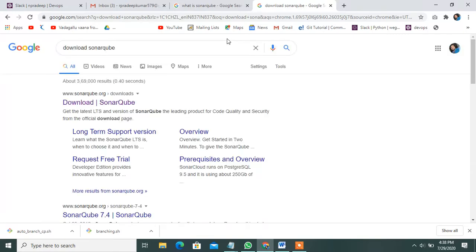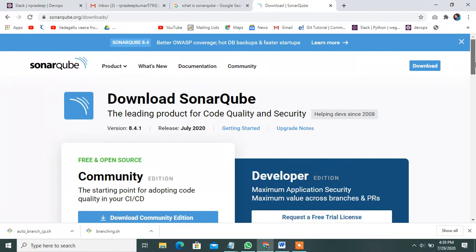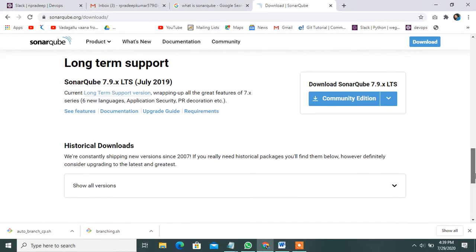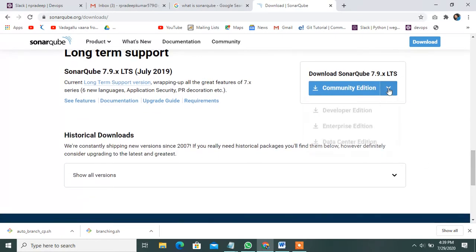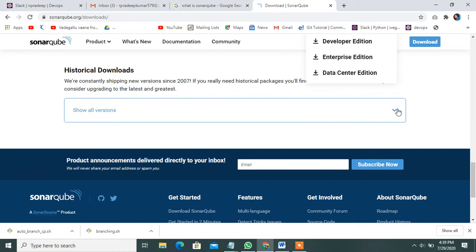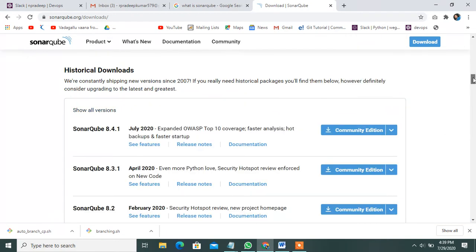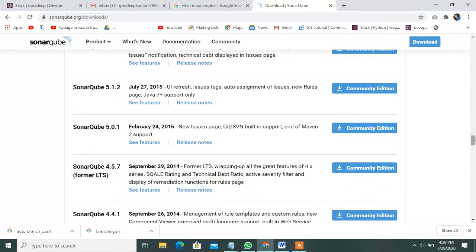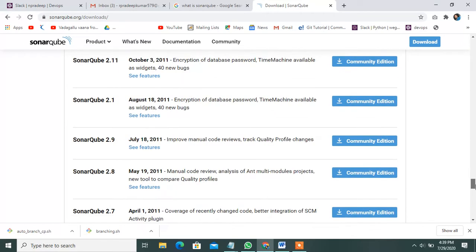Many versions are present in development, and mainly 7.3 is used. You can see the show-all-versions option and select any version. I am working with the 7.3 community edition.